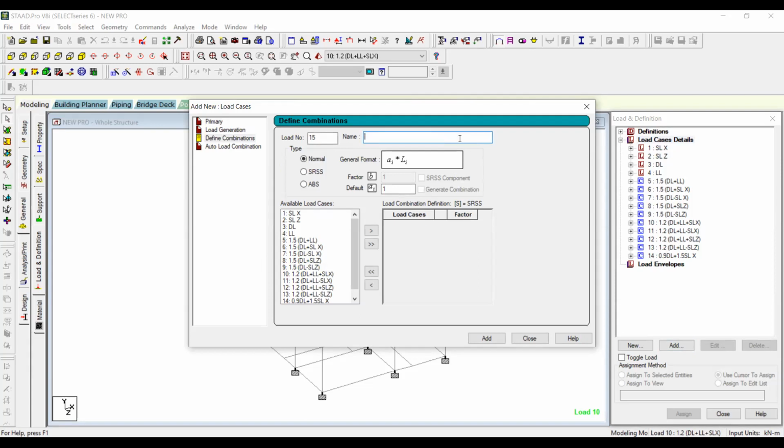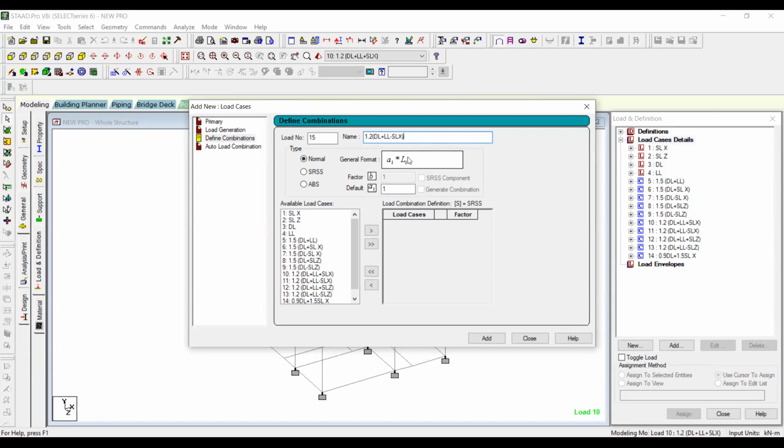So tell me what was missing. 1.2 under bracket, dead load plus live load plus seismic load. You should write it in capital letters. In which direction? Minus x direction, right? So I'll type it as minus x. Are you all able to understand what I'm trying to do over here? Yes, sir. Okay, fine.